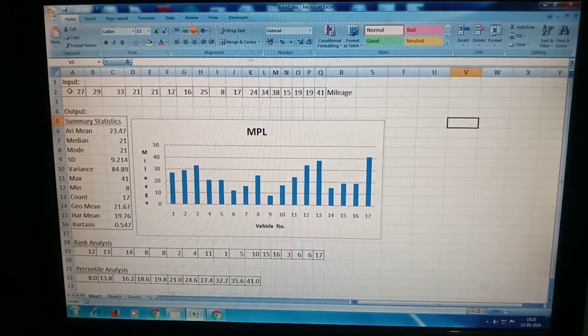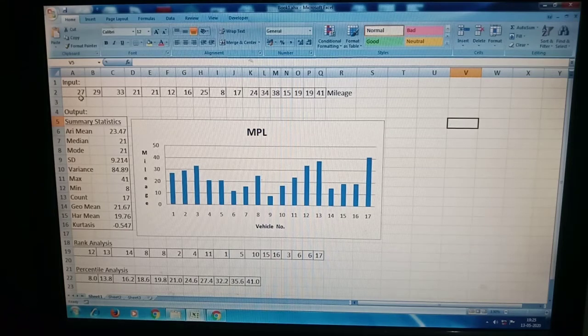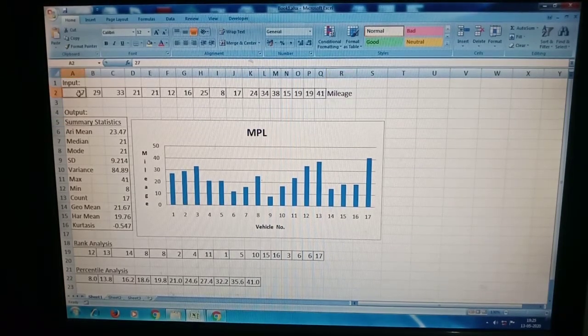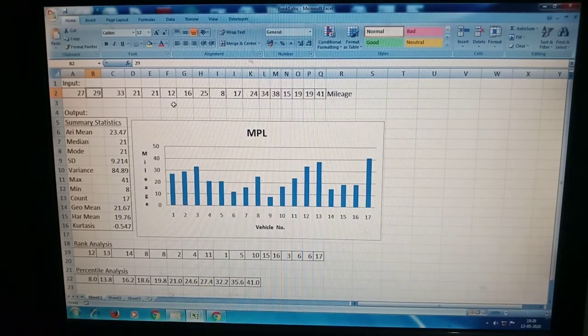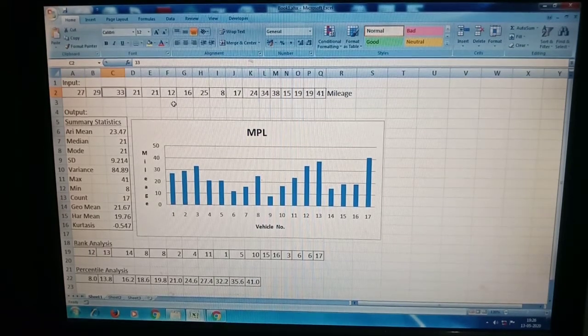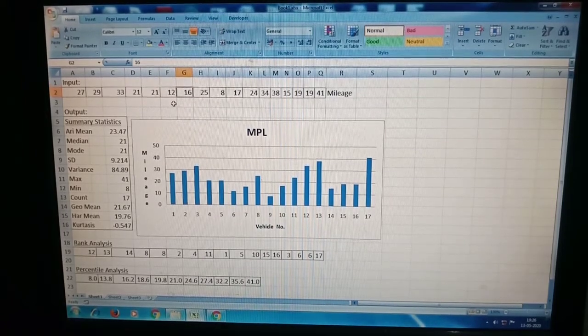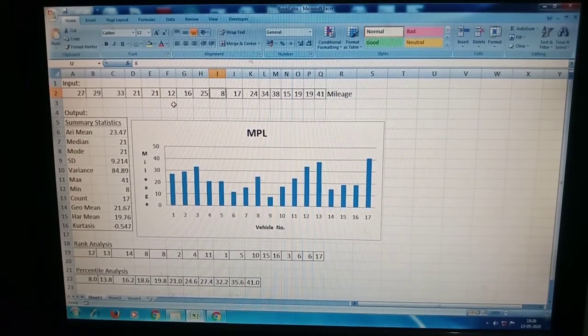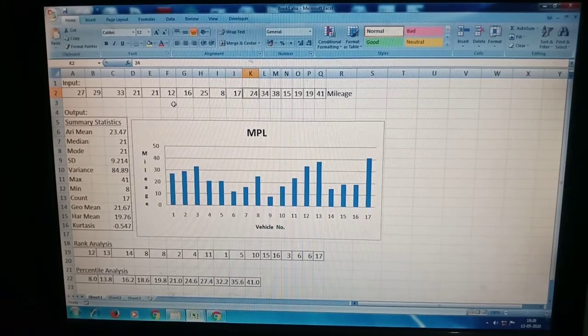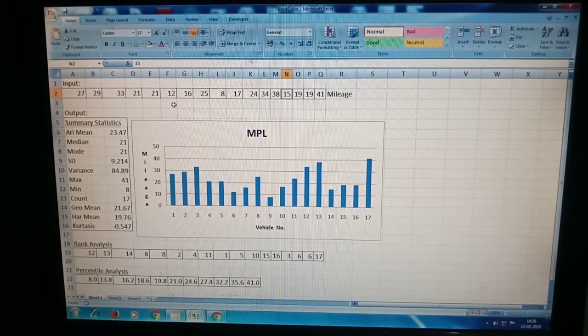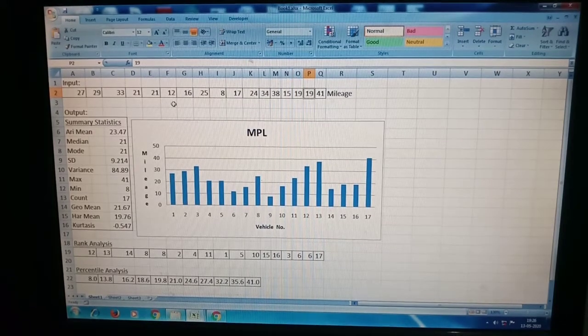Summary statistics problem. The mileage of 17 vehicles is given: 27, 29, 33, 21, 21, 12, 16, 25, 8, 17, 24, 34, 38, 15, 19, 19 and 41.